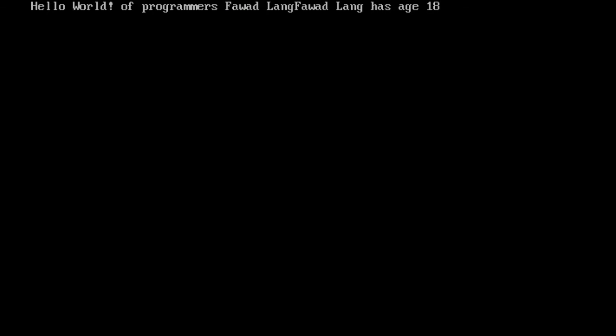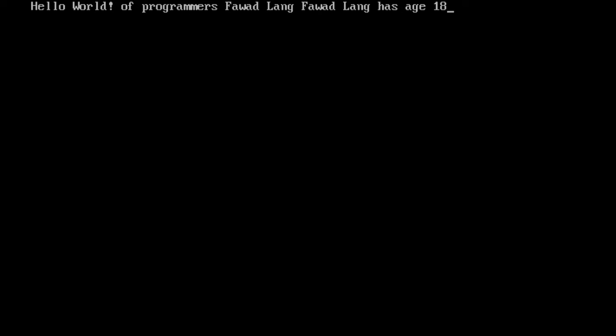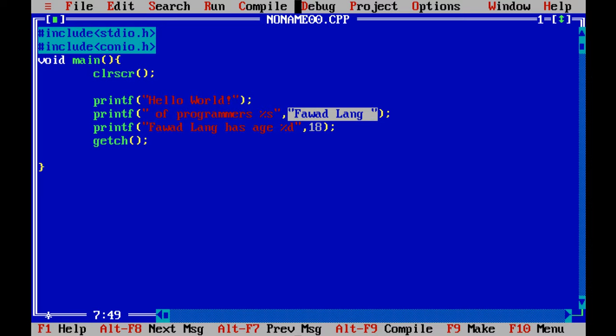If we want a space, we can write a space ahead of it. Now if we run it, for long, that one was a string, with space, for long has age 18.